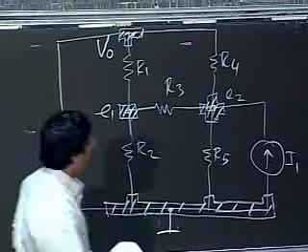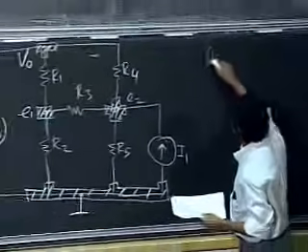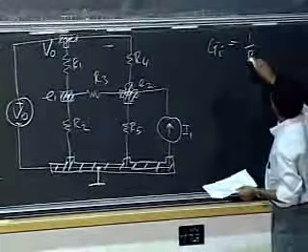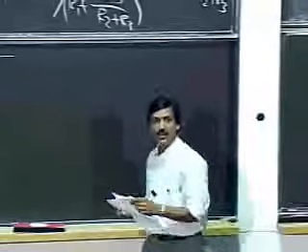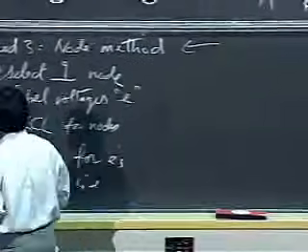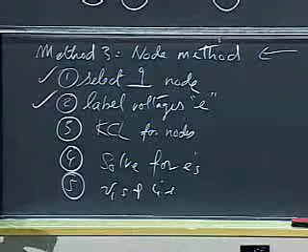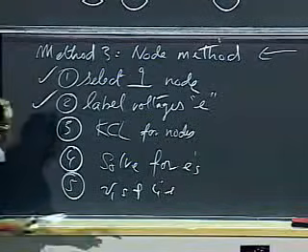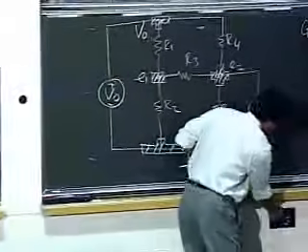What I will also do is, for convenience, I am going to use conductances. So I'm going to use Gi in place of 1 by Ri and write down a bunch of node equations. Okay, so step 1, I've chosen my ground node. Step 2, I've labeled my node voltages E. Okay, I'm done with 2 of my steps. Now let me go ahead and